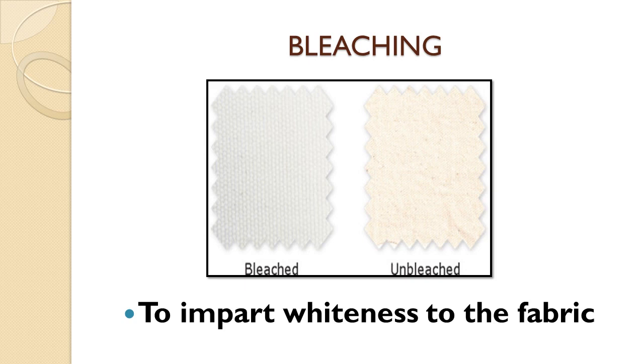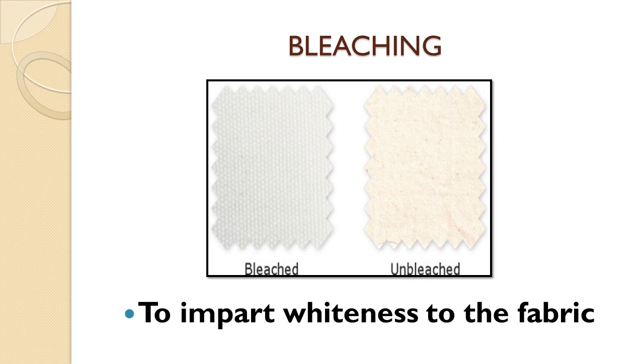But if we want to apply pale shades, that too bright, lemon yellow, baby pink, pista color shades, sky blue shades, if we want to get such shades on the fabric, in that case the fabric is required to be converted into a white enough form. So bleaching is a process by which we impart whiteness to the fabric by using some oxidizing or reducing agents.